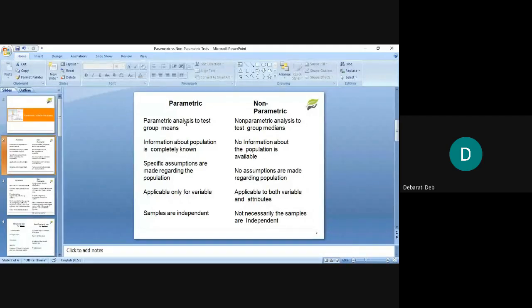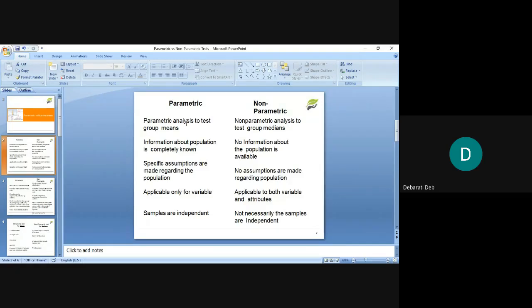Now from this group data, suppose you are able to calculate the median. Median also you can calculate, isn't it? Median, you know how to calculate the middlemost value. If it is an odd number, then the middlemost value will be the median. If it is an even number, then the two middle values you add and divide by 2. That way you calculate the median, right? So if you're able to calculate the median, then you can apply non-parametric tests.